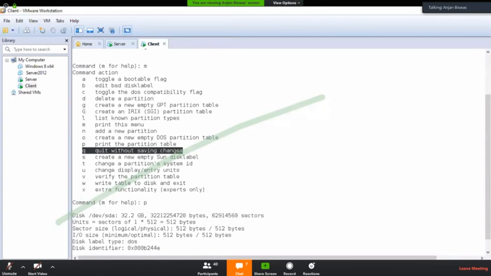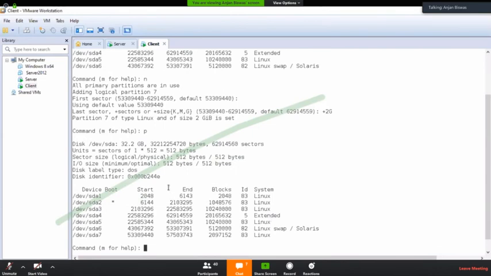If you press it here after creating the partition SDA7, that newly created partition will not be in effect.